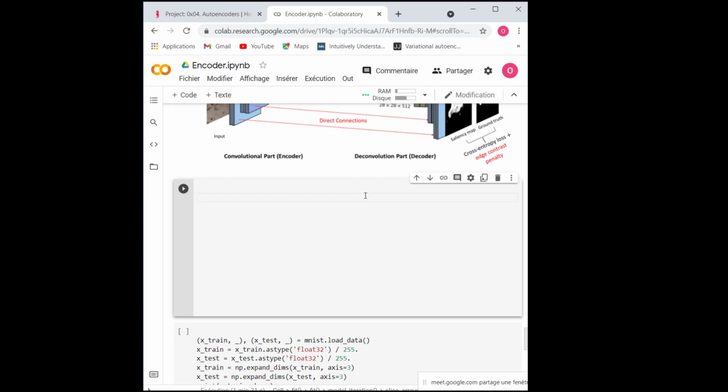Okay, so I think it's all clear for the sparse autoencoder. I know that these tasks are not that difficult, but there are some of you that have some problems in, for example, how to take the input layers, or how can I reverse my lists and my hidden layers, etc. Okay, so let's finish with this task.